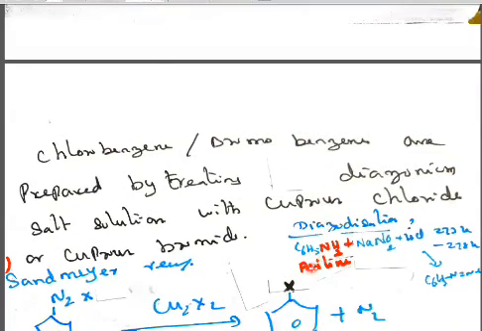Diazotization means aniline, C6H5NH2, reacted with sodium nitrite and hydrochloric acid. If you use sodium nitrite and hydrochloric acid, we get HNO2 and NaCl. HNO2 is nitrous acid. This nitrous acid decomposes easily at room temperature, so we have to prepare the nitrous acid freshly. That is called freshly prepared nitrous acid. It is maintained at a very low temperature by using ice cubes, so 273 Kelvin to 278 Kelvin should be used.